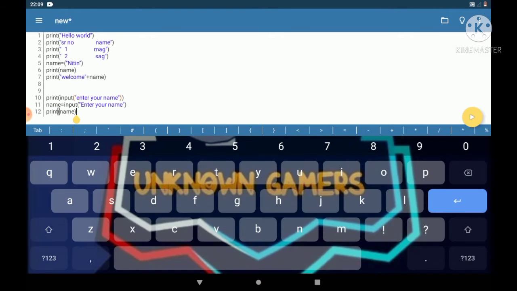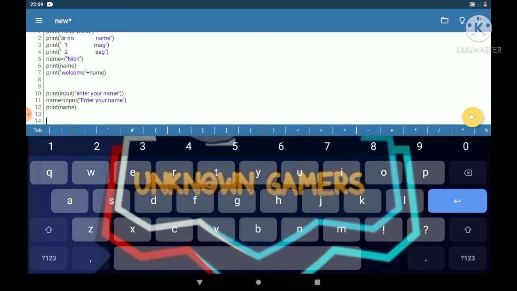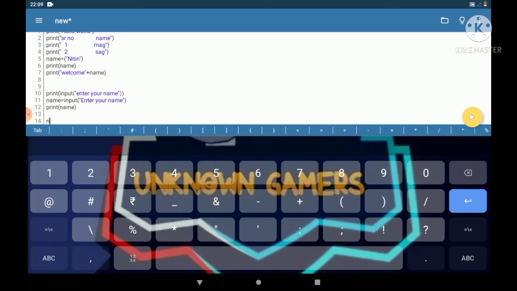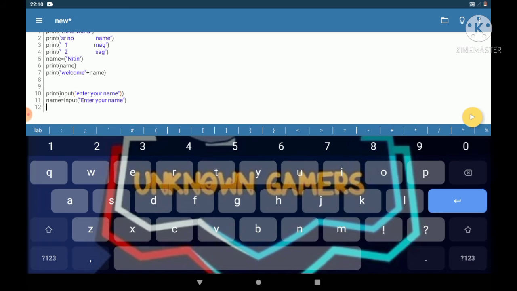Now with the help of this, I am going to show you how we can make a series of inputs, like software. Let's see how we can take input from the user. First of all we will ask for the name. We have asked the name. Now we want to ask for the phone number, or you can write only phone, because we are assigning the value. You can write anything, that will not be seen. Then we will be taking input.